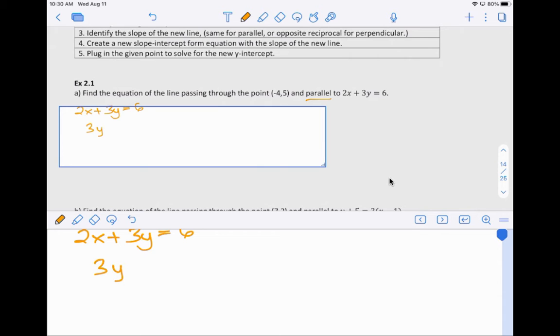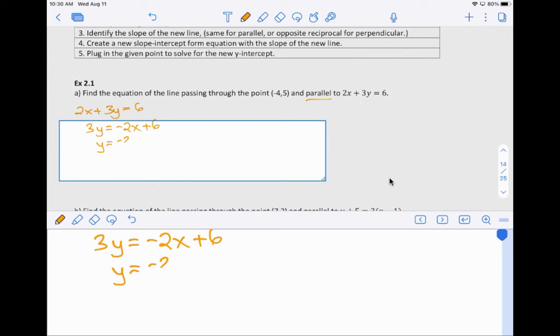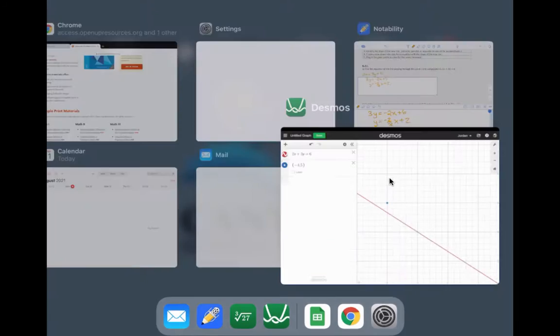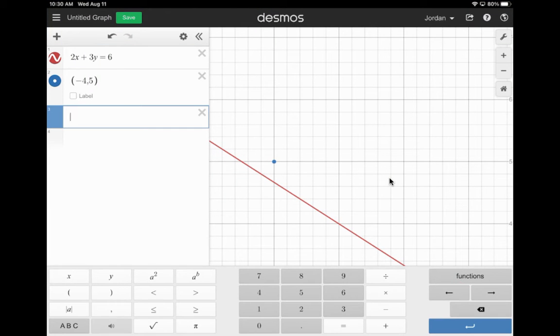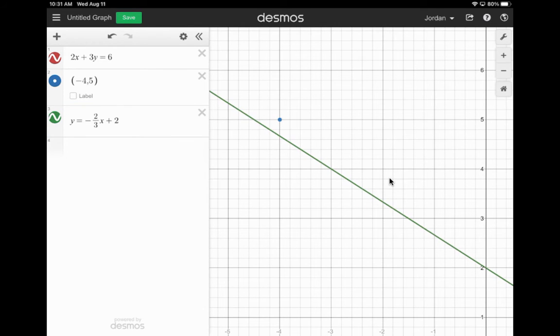So go ahead and move the x over, divide by 3, and we get this. All right, so just back to Desmos for a second. Instead of this one, I can write y = -2/3 x plus 2. I have the memory of a goldfish. So when I rearrange the red equation into the green format, notice the same line is there. This is the same line. I haven't created a new equation yet,